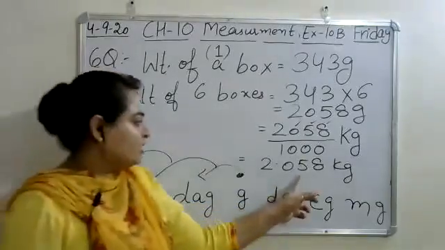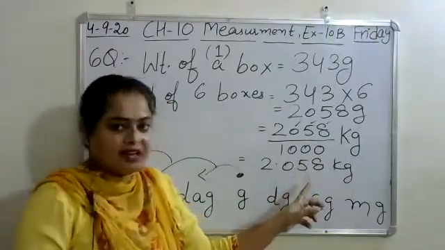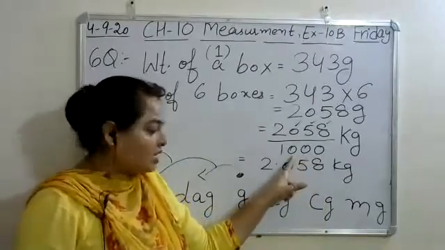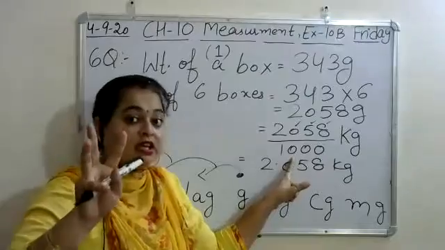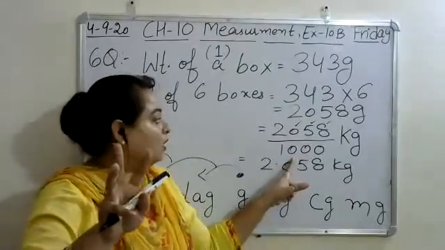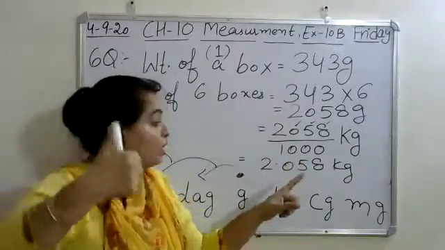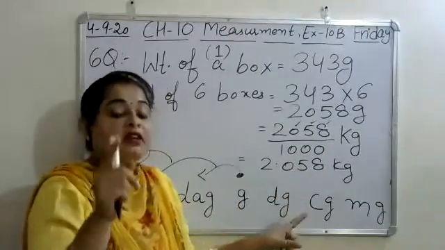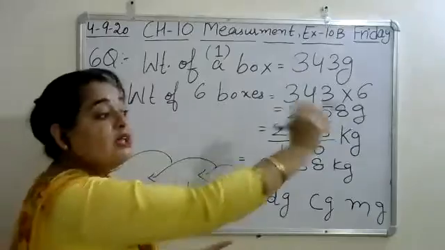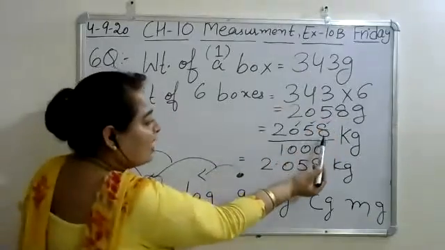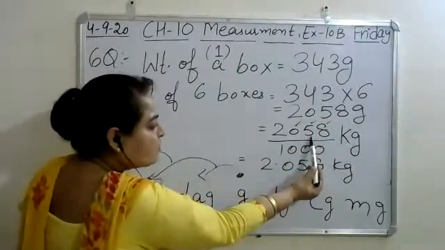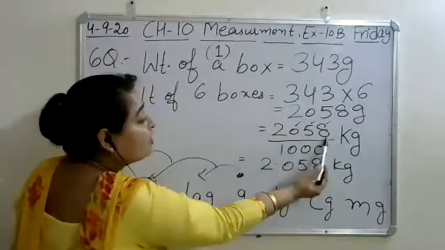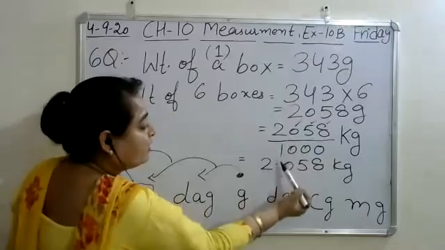This is very important. Shortcut method. You can apply the shortcut method if the zeros are given. 1, 2, 3, 3 zeros. 3 zeros means in the numerator, you will put the decimal after the 3 digits. But start your counting from the right hand side. This is 1 digit, this is 2 digit, and this is 3rd digit. So after 3 digits, you will put the decimal here.